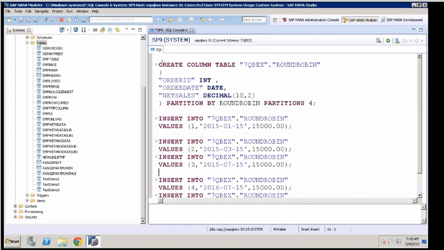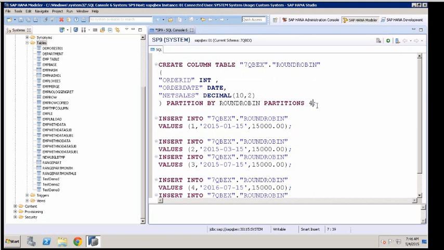Okay, this is my table and this is what I'll do. Partition by what? Round robin. How many partitions do you want? This one does not use any column. When it does not use a column, it is clear that it is not splitting the data based on column values. Some program or application using it will control which data should be moved to which partition and when. And round robin partition is one leverage for the fact table of your cube in BW.